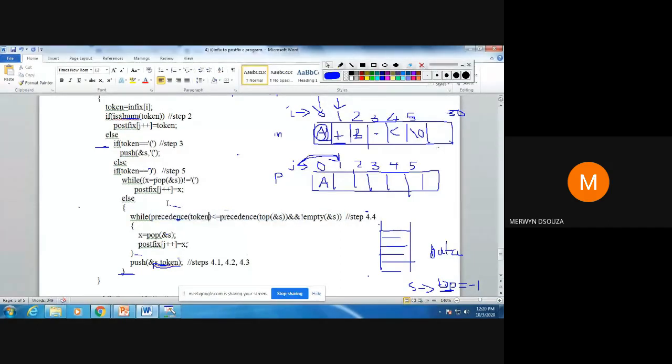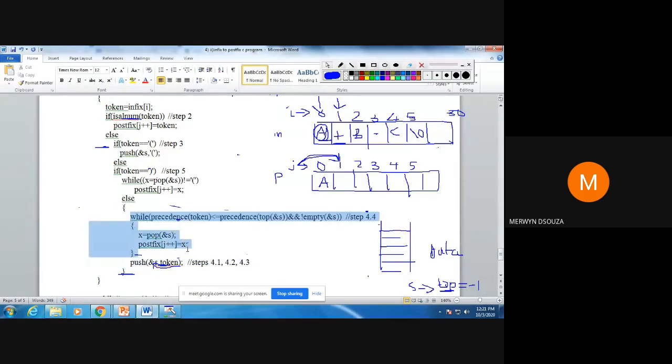Priority of the token, so what is there in your token? Plus should be less than what is there on the stack, and also the stack should not be empty. So in your case the stack is empty, so this condition is not true, so this will not be executed. Okay, so this part will not be executed. So what will be executed? The else part. These lines over there.